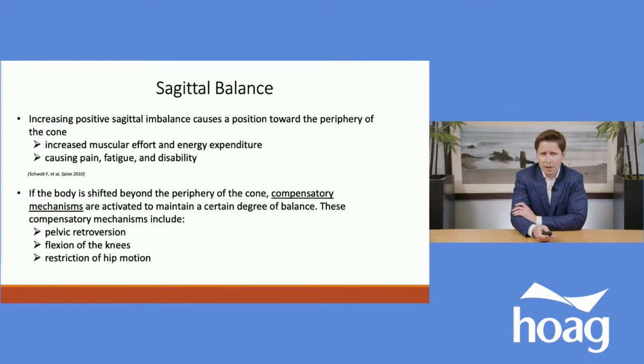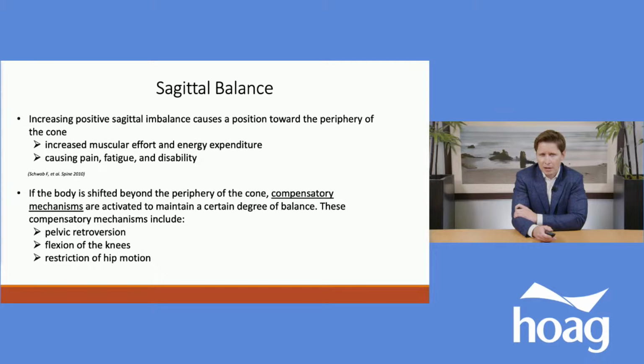Increasing positive sagittal imbalance causes a position towards the periphery of the cone. Increased muscular effort and energy expenditure. This results, again, in pain, fatigue, and disability. If the body is shifted beyond the periphery of the cone, we have certain compensatory mechanisms that are then activated